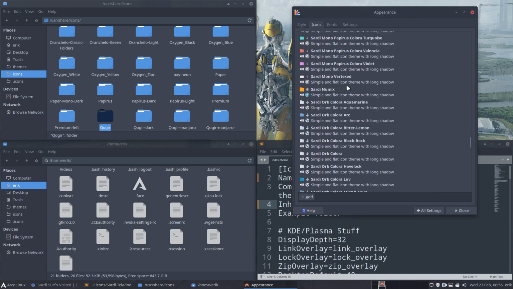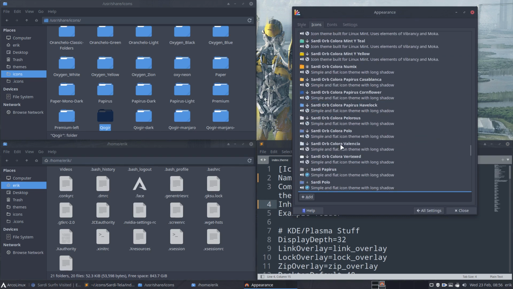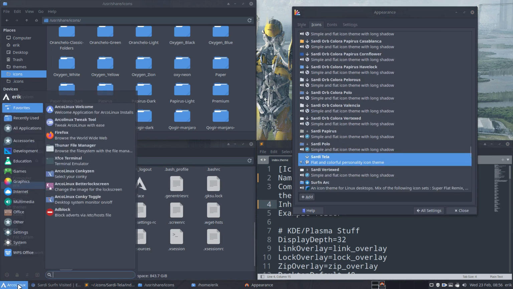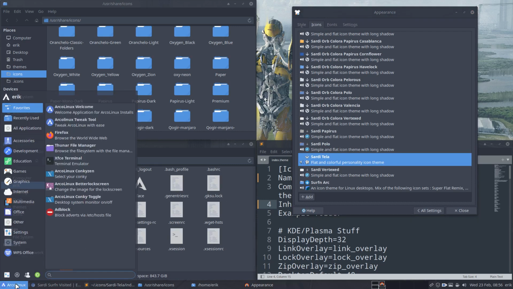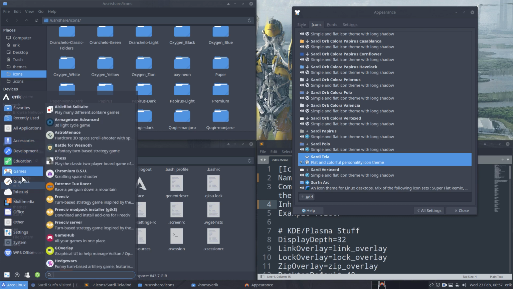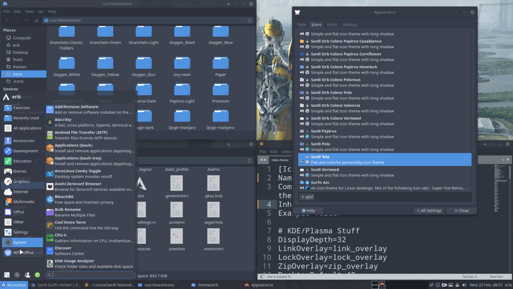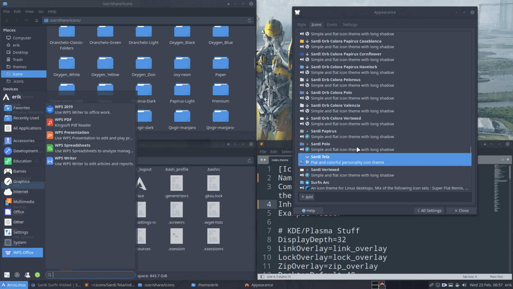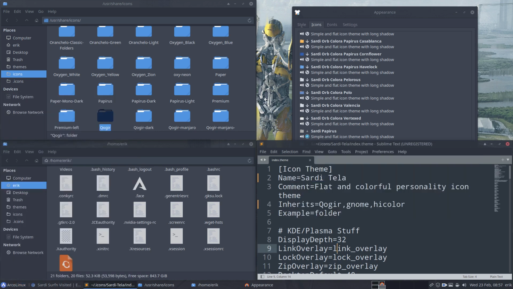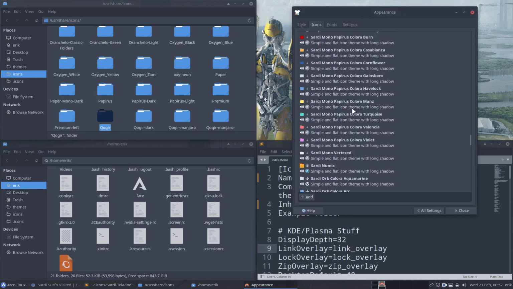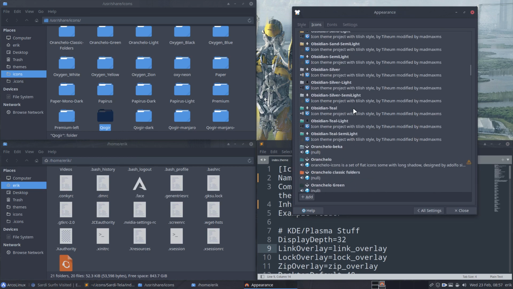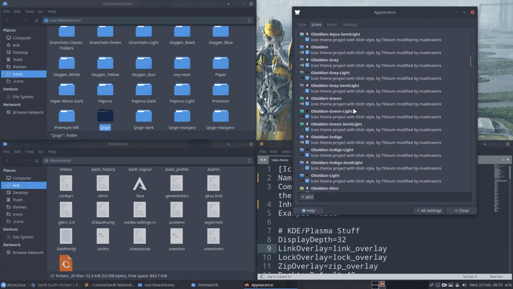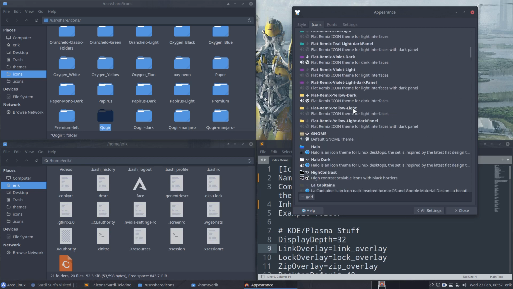Sardi Tela. Here you are. Look. And look. Yeah. It's different. Do you like these apps, these icons more? Then you have QuoGear as inherits. What else do we have? QuoGear, Obsidian. Don't think this would help. Well, it is possible, right? But don't think it would be nice